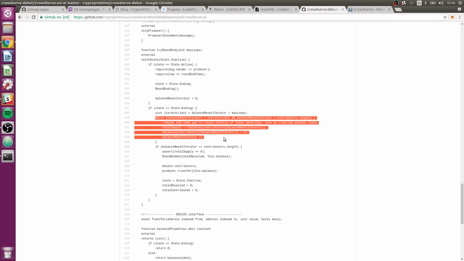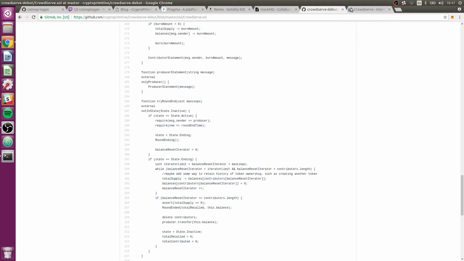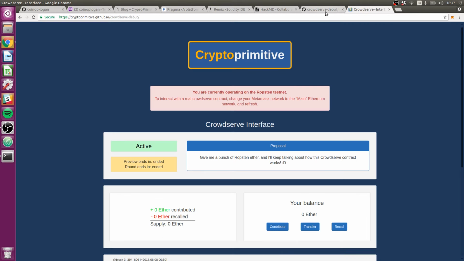This loop right here is what's going to keep going over and over again. There's going to be some maximum number, let's say it's 50, I don't know, maybe it's 200 or something. It's not a huge number, and anything over that number will never complete in Solidity because it will spend too much gas. And so when you're using this crowd serve contract as the owner of the project, I think I called it the